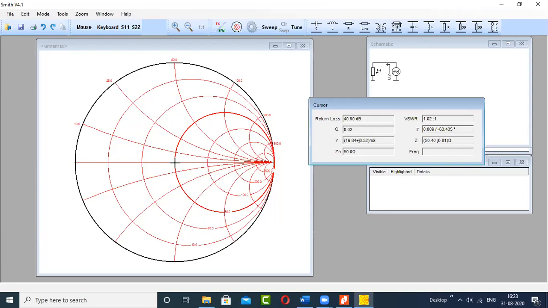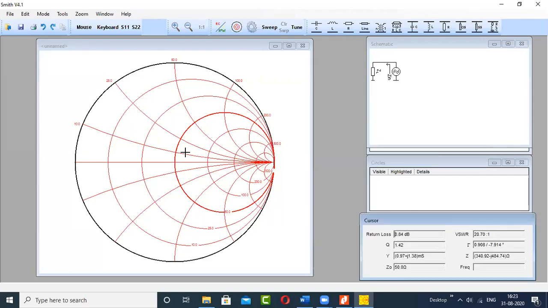Okay, now the way you work on the graph paper of the Smith chart, almost similar steps can be used here, but not the entire procedure. Like, you are going to convert Z to Y. That part cannot be done here, because when you plot a Z, its Y value appears at the same place. The software is designed in such a way that both Z and Y can be read simultaneously. That's why you can see that Z and Y both are there in this window. So here, there is no need to convert Z into Y.